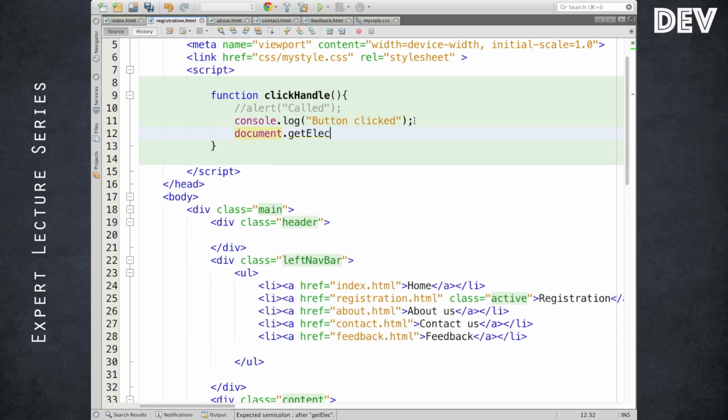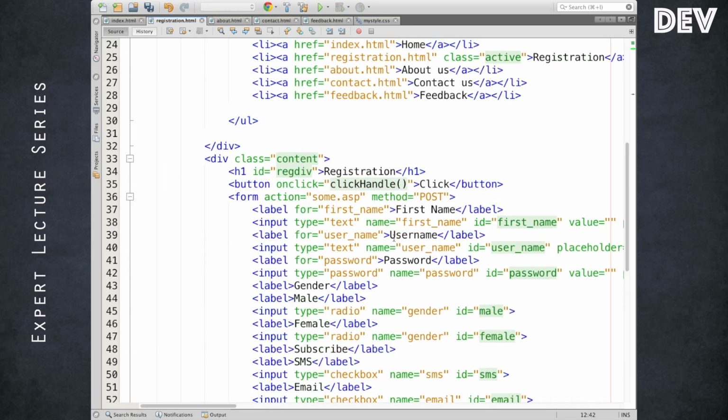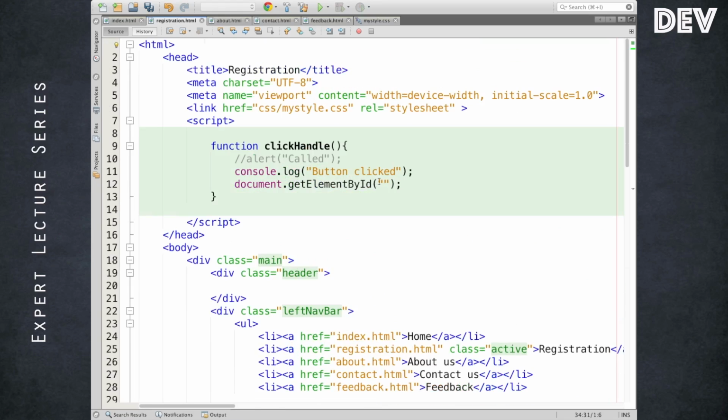Get element by ID: the element h1 having the ID rechdiv. I'm going to change its inner HTML to some value, for example,